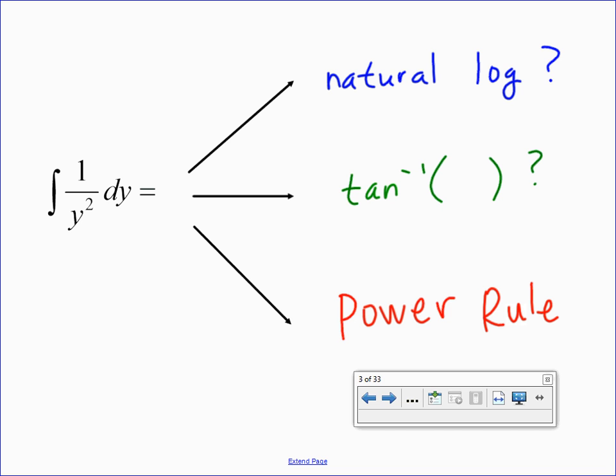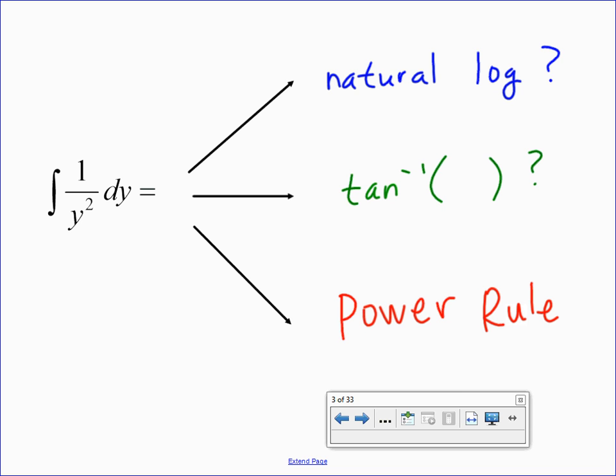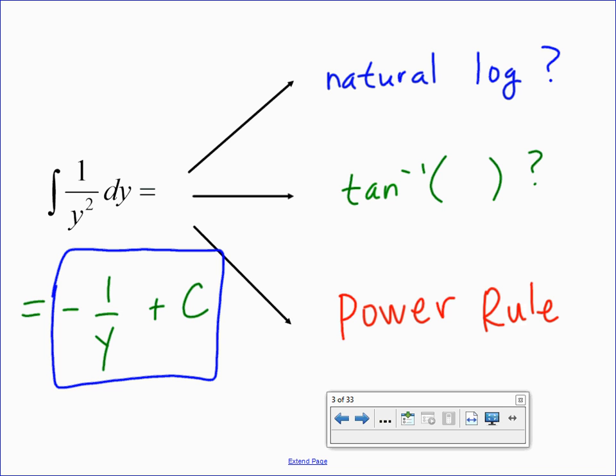And for power rule, it looks like we're all set to go. I can interpret that as y to the negative 2 as the current exponent. Adding 1 to the current exponent gets me y to the negative 1. Dividing by the new exponent gets me negative 1 over y. So guys, we should have all had this, right? Opposite of 1 over y plus C. On our test, this derivative did show up a couple different times. All right, so this is power rule, and I'll go ahead and